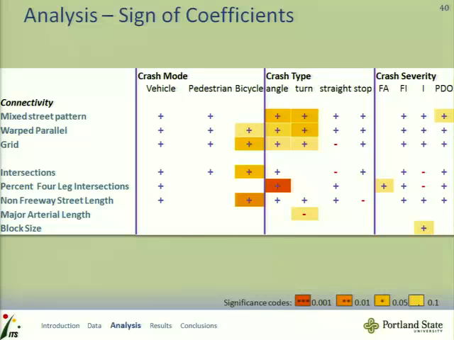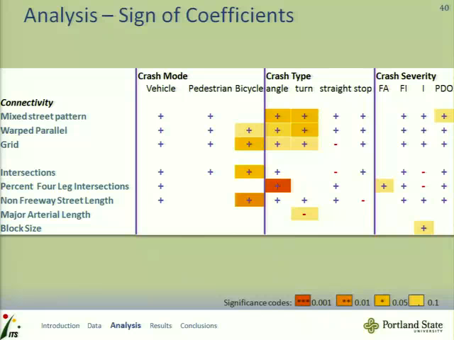And in case you were wondering about the connectivity, it just didn't all fit on one slide. We would have never been able to see it all. And this was really kind of the heart of what I was looking for: is grid really less safe than loops and lollipops? And you can see that really, except in a few isolated cases, it was not significant.